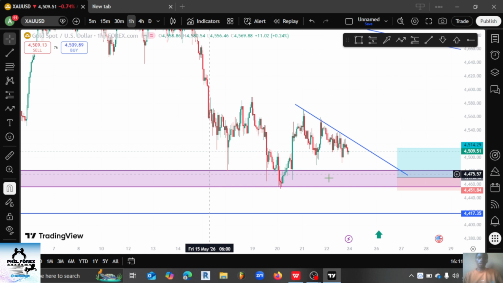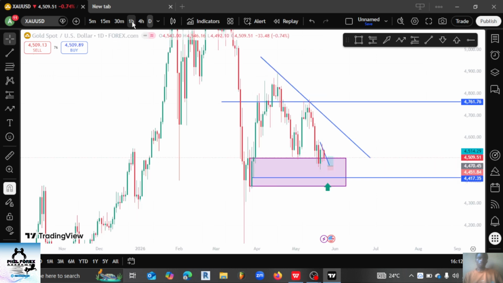But until this entire region from the daily time frame is broken, then we are not sure of a downward movement, a downtrend yet, a break to the downside, right? So we still have to be very careful,